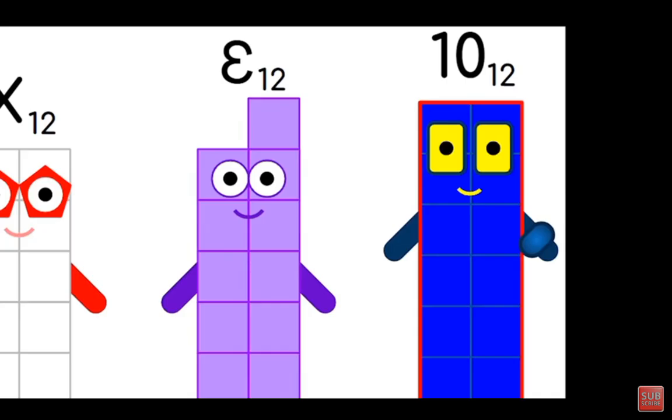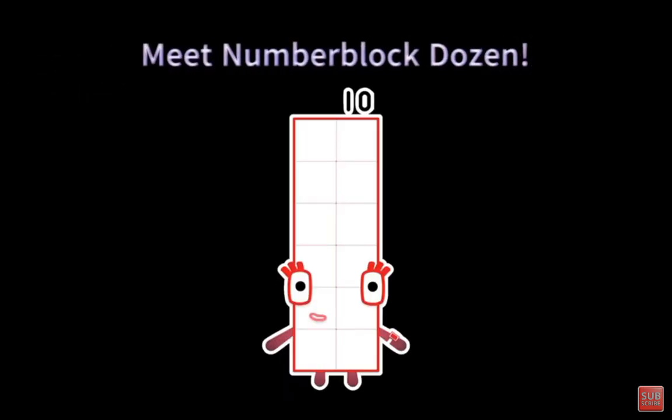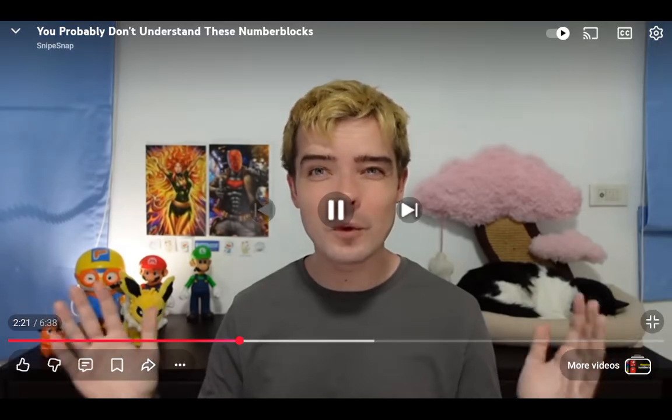This could open up a whole new way to explore numbers. For instance, 12 would be written 10 in dozenal, 13 would be 11 in dozenal. Nah, I was lying. 144 would be 100 in dozenal, called 1 gross.